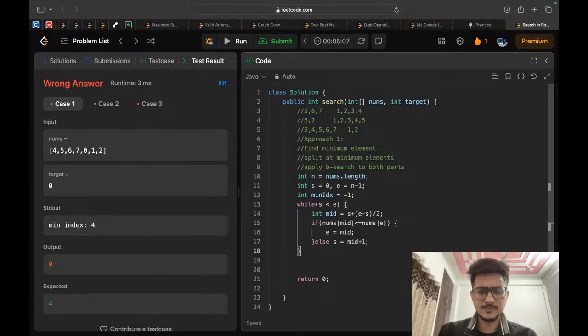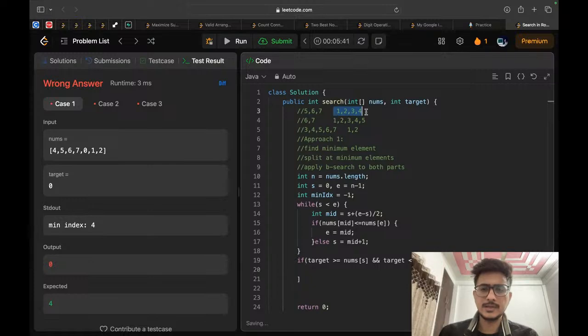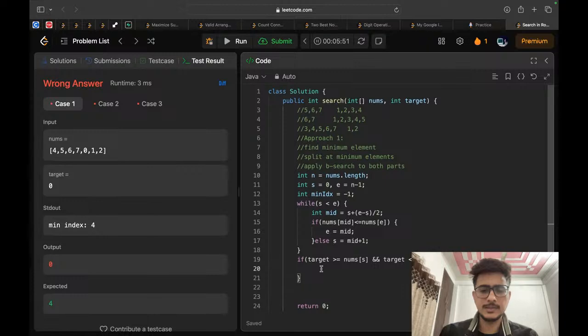Okay, so if my target is greater than or equal to nums of s. Here s is my middle index, the index of the minimum element. Suppose target is 2. If my target is greater than or equal to nums of s and smaller than or equal to nums of n minus 1, then I will be sure that my target will be lying in this part. So in that case I'll be returning find target,